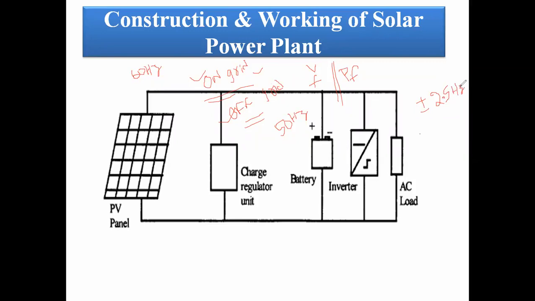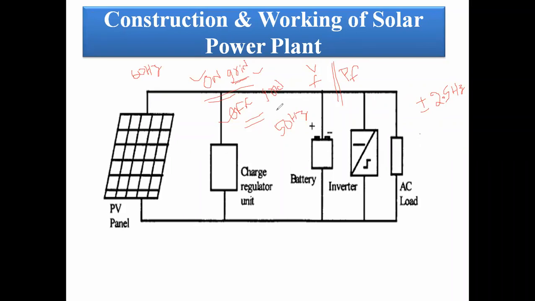The voltage is also per Indian standard. Theoretically, we study 230 volt plus or minus 12 volt, so the variation is 218 volt to 242 volt. Theoretically we study 230 volt, but practically we get 218 or 220 volt. In the on-grid mechanism without battery, we can synchronize the parameters and feed directly into the grid. Here a smart meter is connected, so we can measure how much electricity is generated.